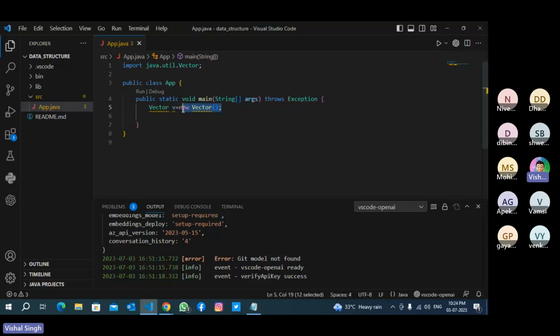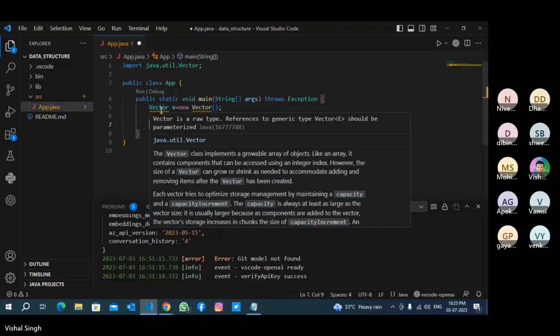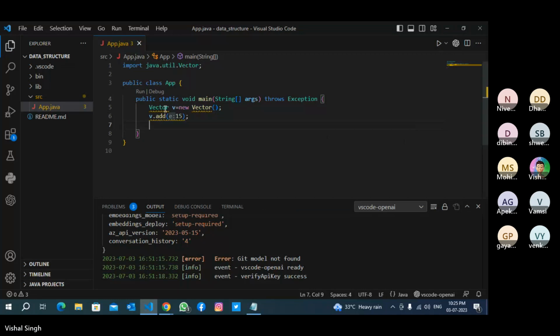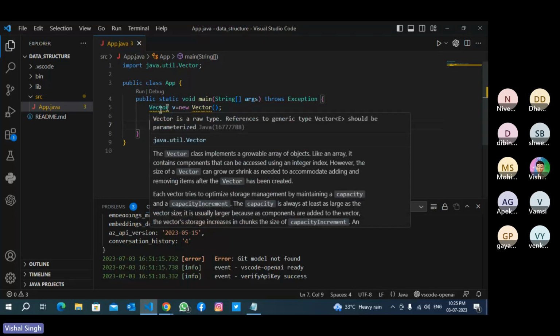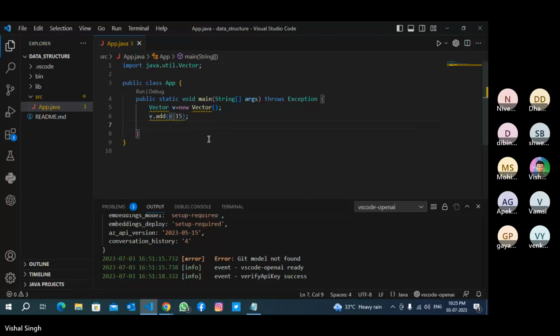Like if you want to insert any data into this vector, so v.add(15). v.add(90).